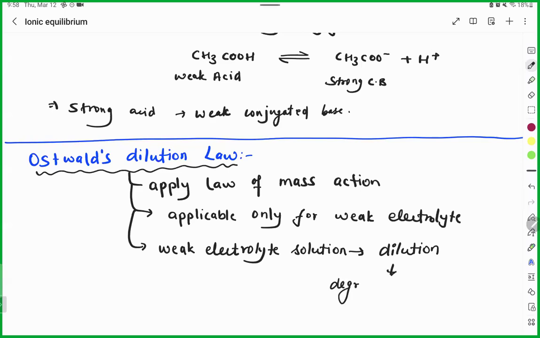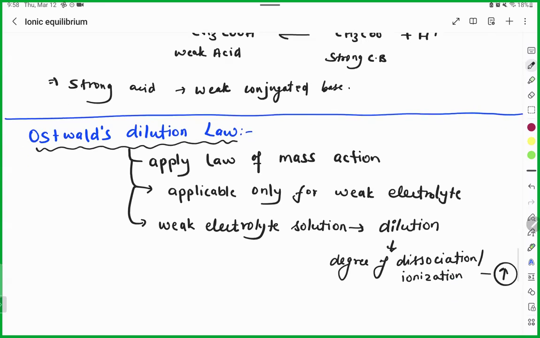Degree of dissociation, or same thing we call it as ionization, degree of ionization will increase. And if degree of ionization increases, there will be more current. Same concept is given in your electrochemistry, molar conductivity for concentrated solution and for the dilution. So whenever you do dilution,